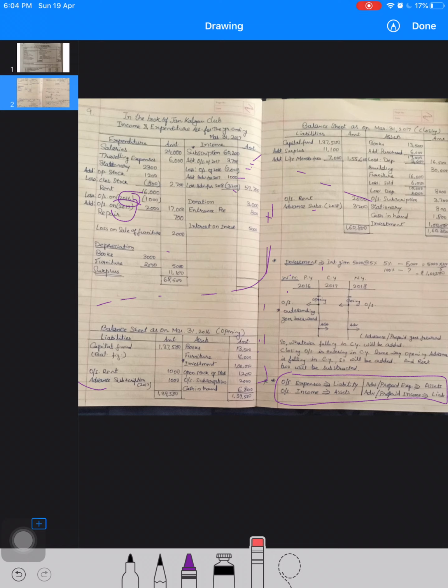So you can see here these all entries. You can see here 16,000 minus 6,000 sold. Actual 10,000 should be there, but closing value is coming to 8,000 as shown. So this remaining difference will be treated as your depreciation. And there is a loss on sale of furniture. Their book value and difference is given. You can see here the book value of the sale was 6,000, but actually sold for 4,000. So there is a loss on that, that you need to write down.